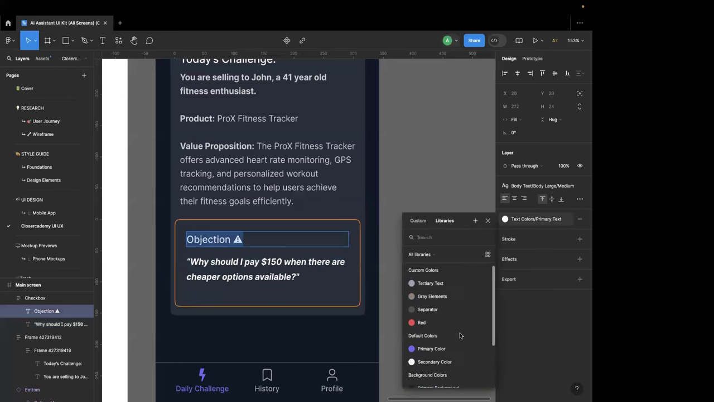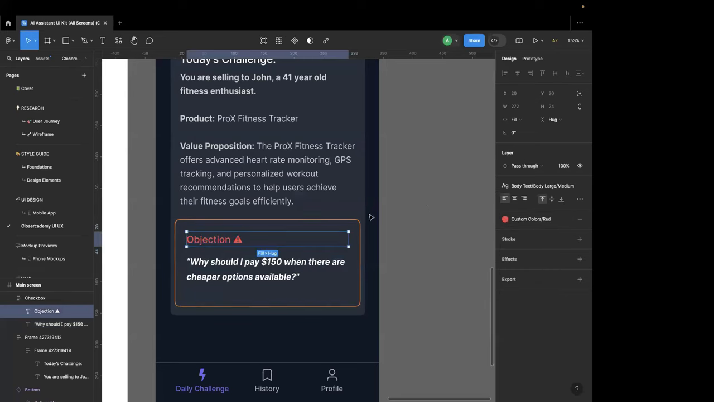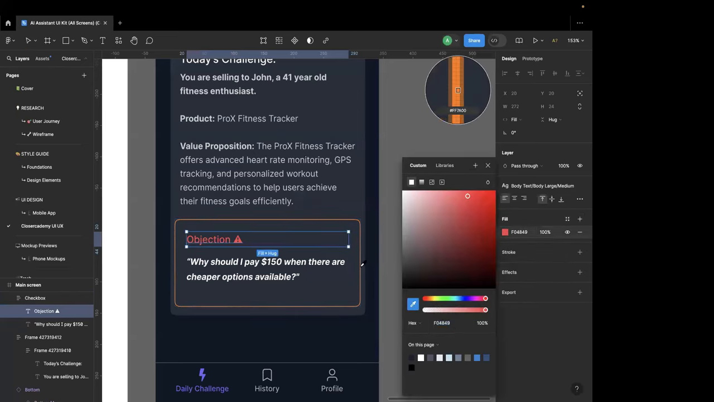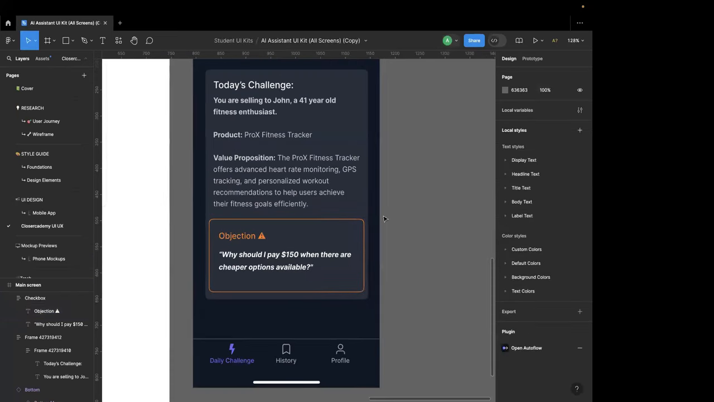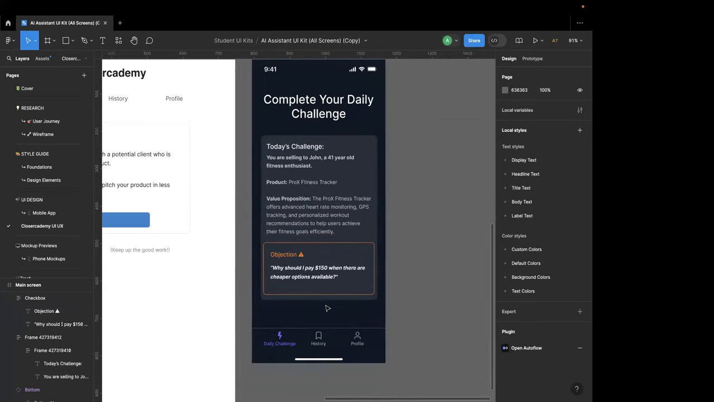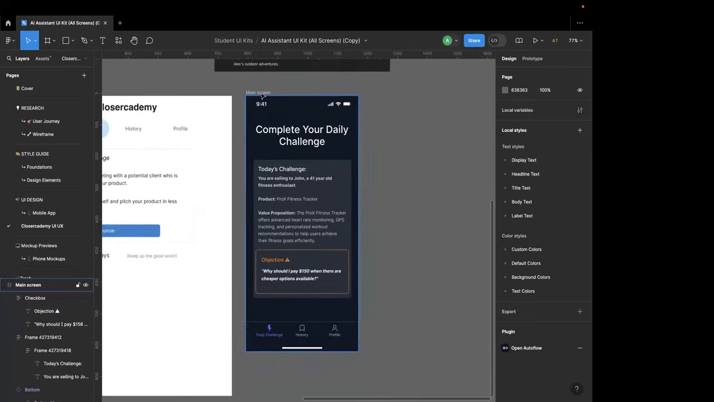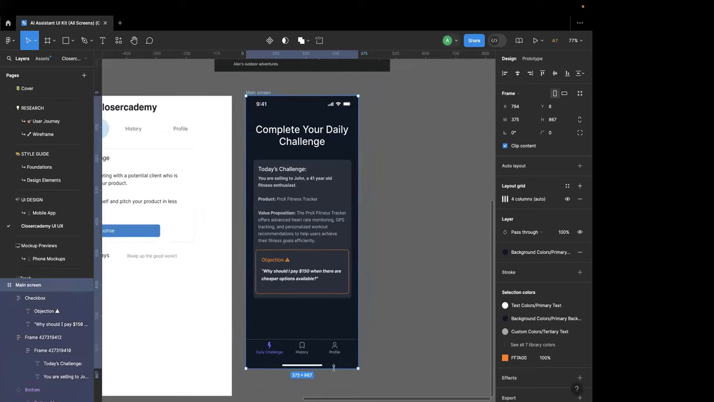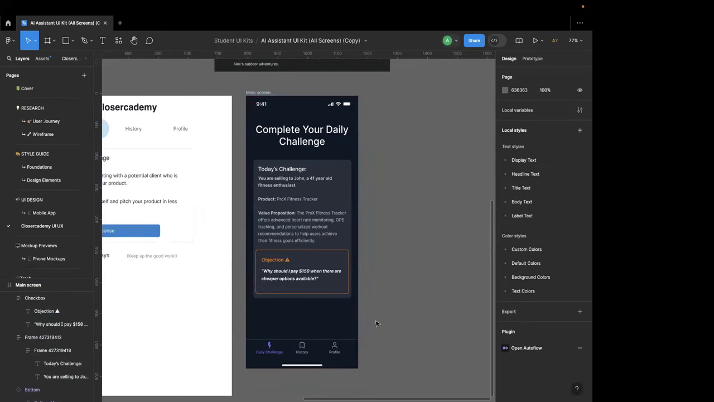And I'll set this text color to something like not red, because red signifies error. I think it's like objection. Why should I pay 150 when there are cheaper options available? Okay. This seems okay to me for right now. I'm not too concerned. And then potentially what we do is